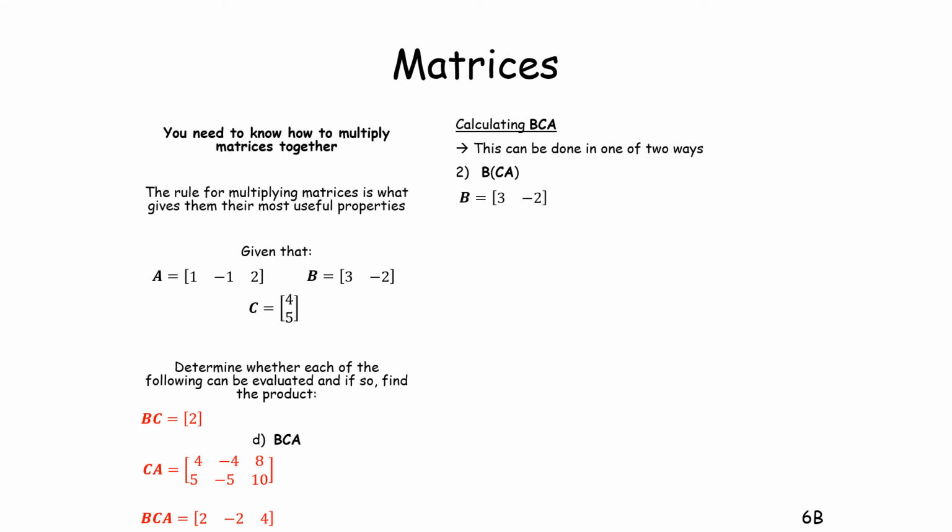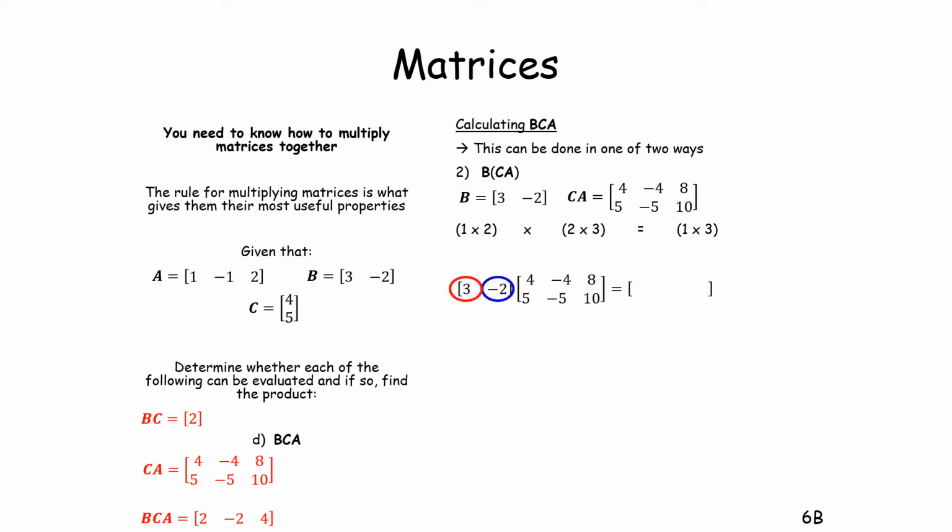Let's look at the second method. We're doing B times CA. So this is our CA. So we'll go 1 by 2 and we've got 2 by 3. Well, that will work because the row and the column are the same size. So if you multiply the row with the column on the first, and the row with the second column, and then the row with the third column, and we work this out,